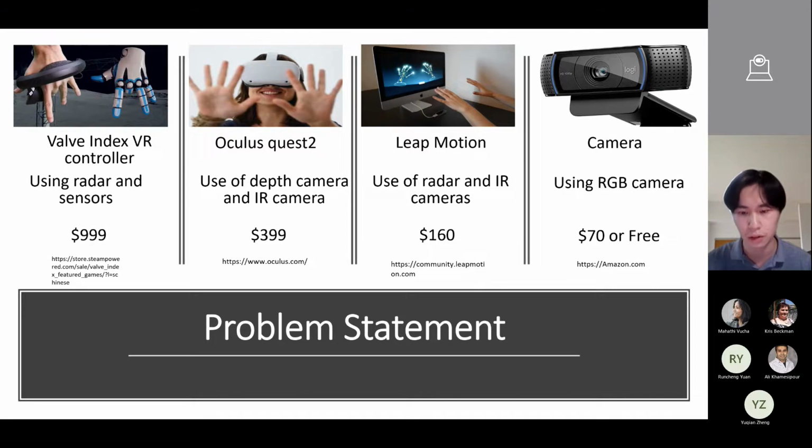The second is Quest 2. With Quest 2, you need to wear the device to use it, and it needs 4 cameras for the hand tracking function. Only the Leap Motion can be used without being on the body, but it is not very convenient to use and still very expensive. So is there a device that can be used directly on the computer? My solution is to use the camera.